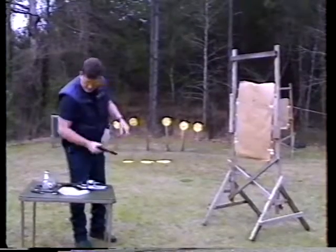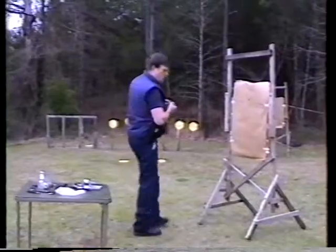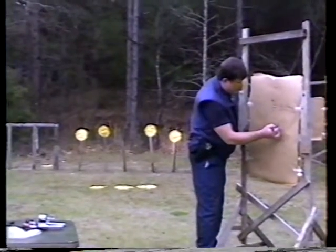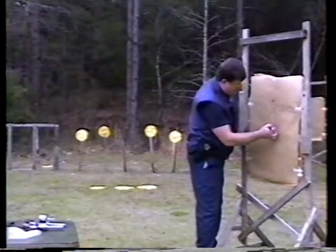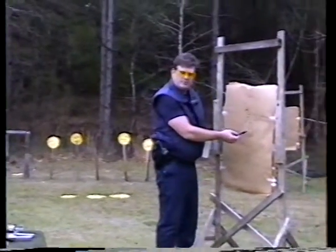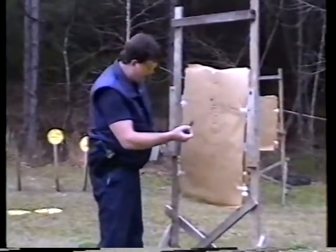Check it. Yep, it is in fact unloaded. Now then, walk over to our target here. You know, in fact, here's the group from the 45 semi-automatic pistol, and heck, it's not as good a group as the 625. It took